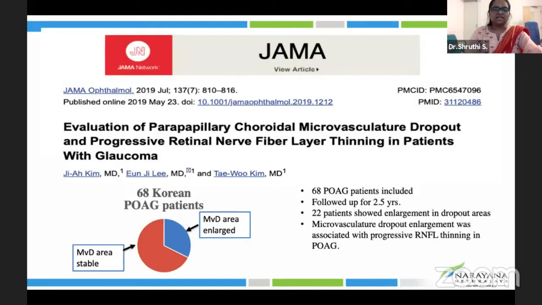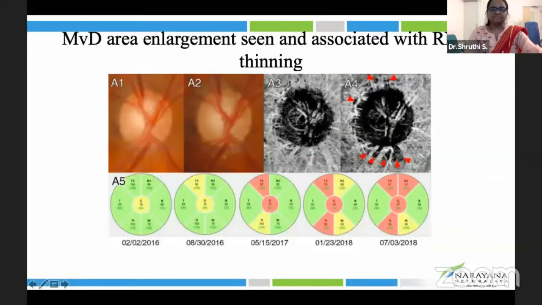This is another study where 68 POAG patients were included, who had microvascular dropout at baseline, and they were followed up for 2.5 years. 22 patients showed enlargement in the dropout areas, and microvascular dropout enlargement was also associated with progressive RNFL thinning in the POAG eyes. So this is an example from the same